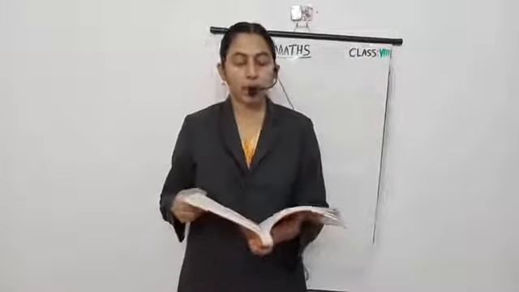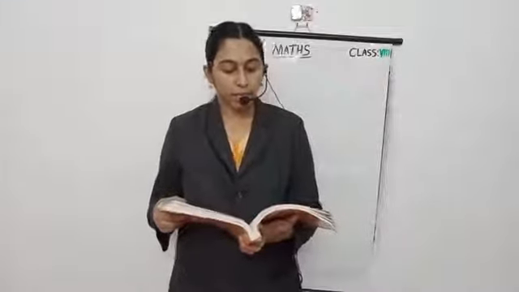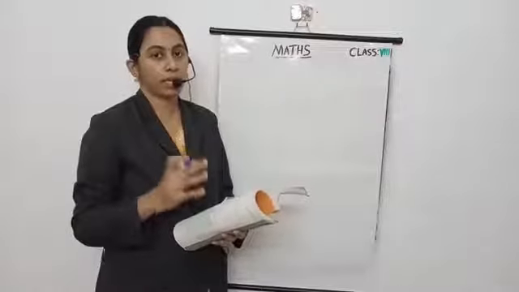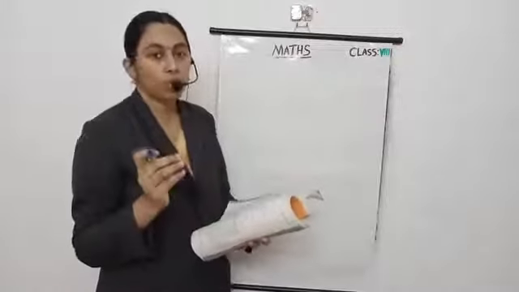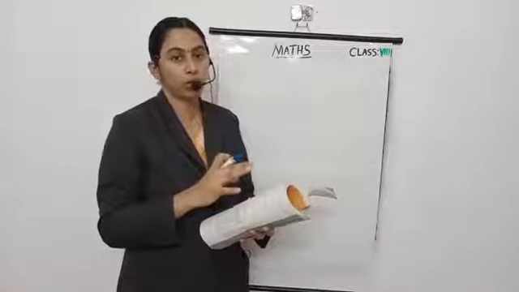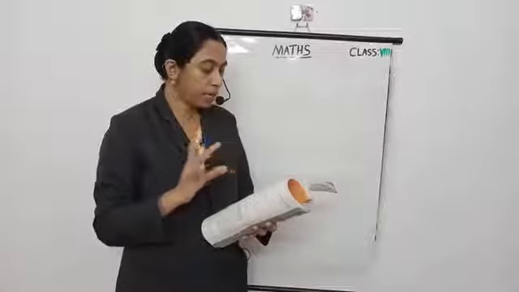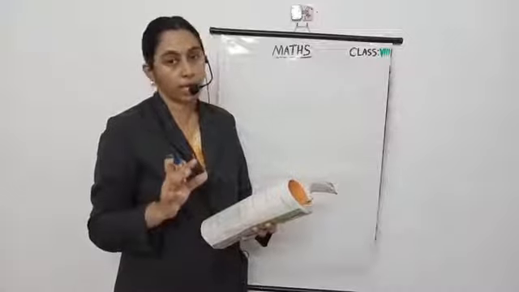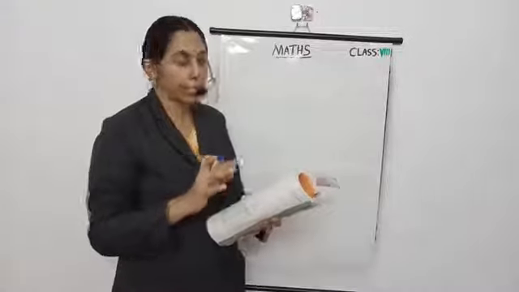Now take page 126. Try this. Find interest and amount to be paid on rupees 15,000 at 5% per annum after 2 years. So here they are asking about simple interest. If they ask about compound interest, then that word comes with the question. Here they simply ask to find interest and amount to be paid, so we need to calculate simple interest.